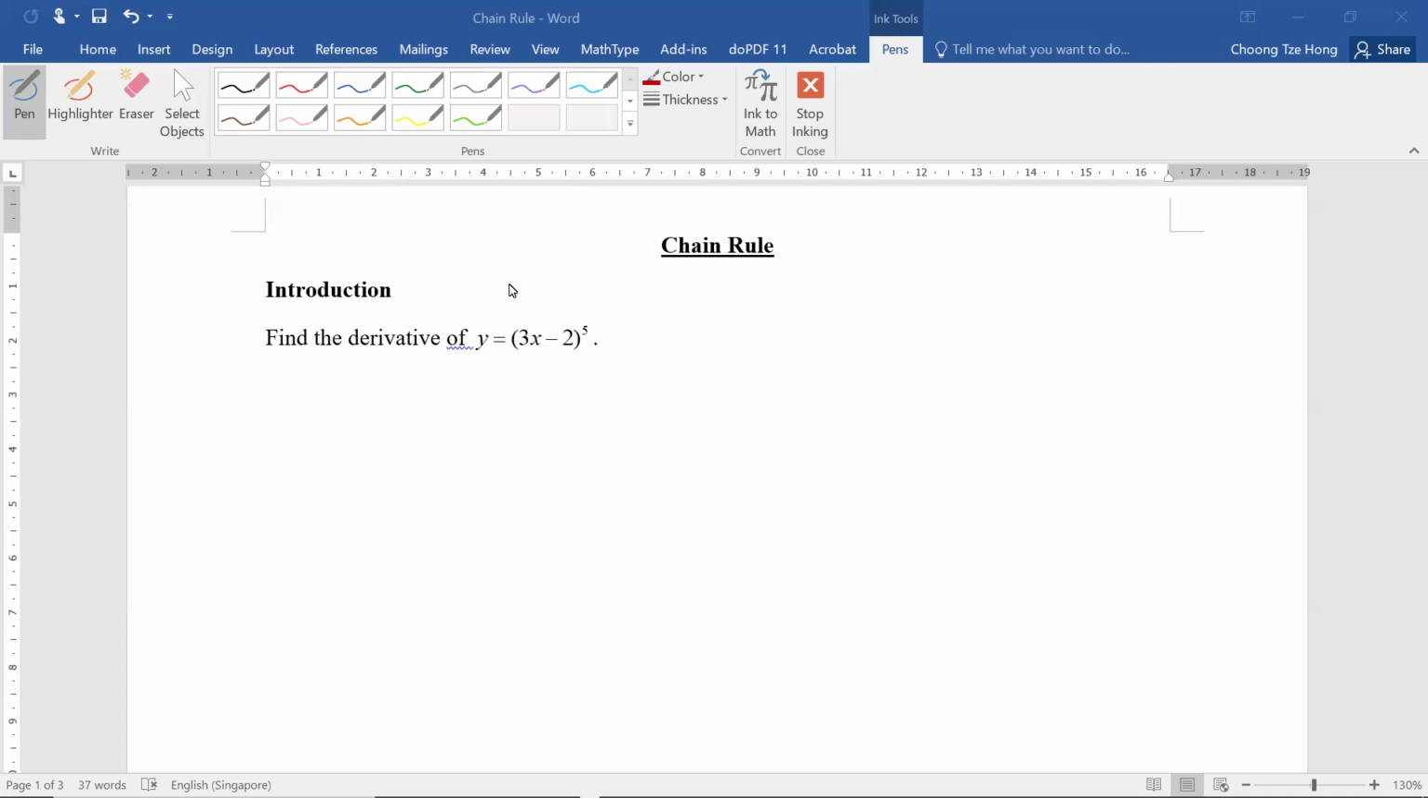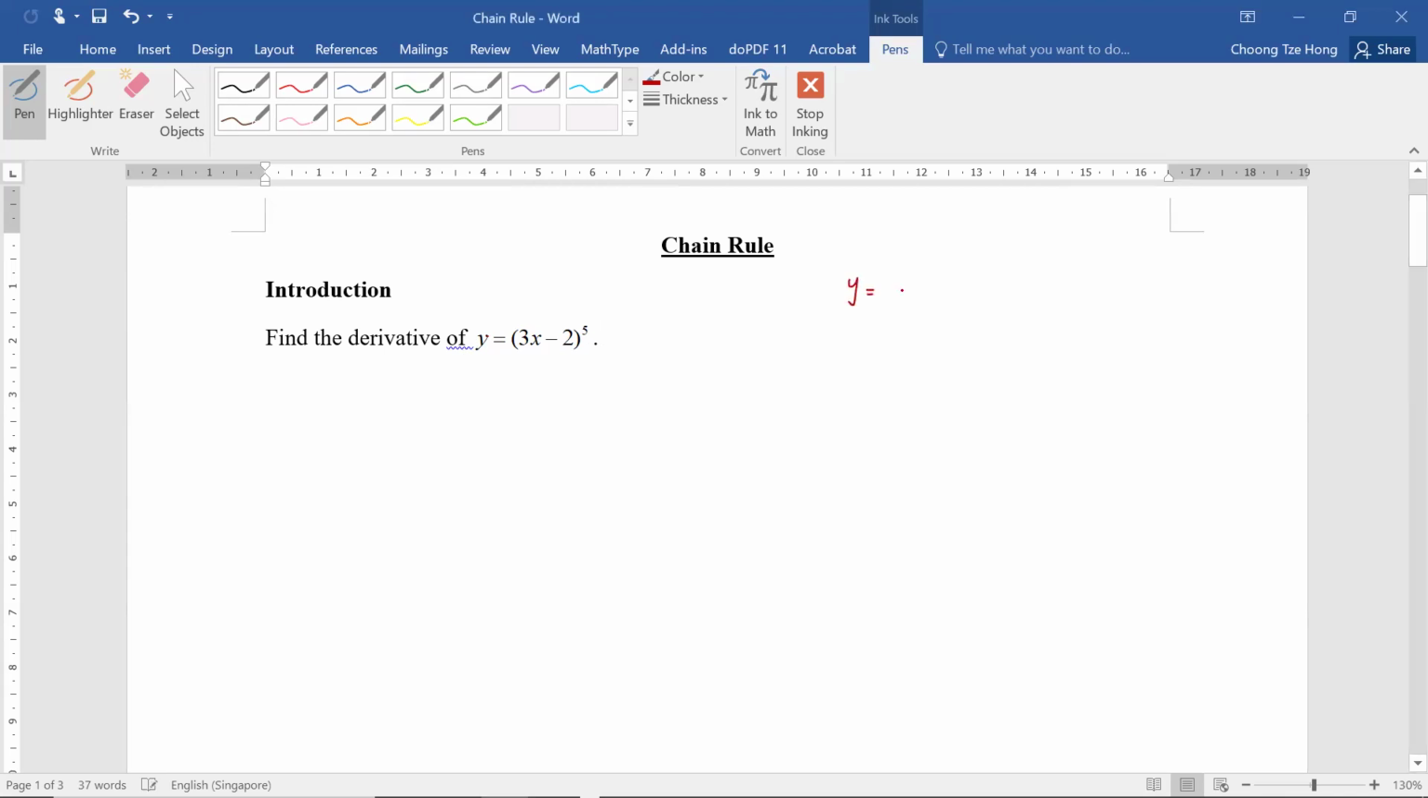Right, so let me use this example to explain how the chain rule works. Let's say you're asked to find the derivative of this function y equals (3x minus 2) to the power of 5. Okay, so previously when we first started our discussion on differentiation, let's say we have a